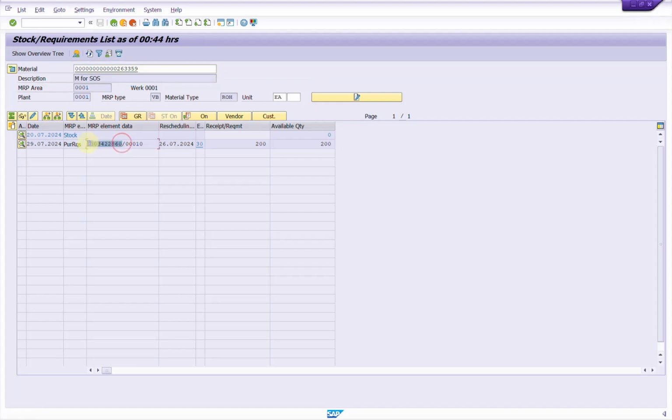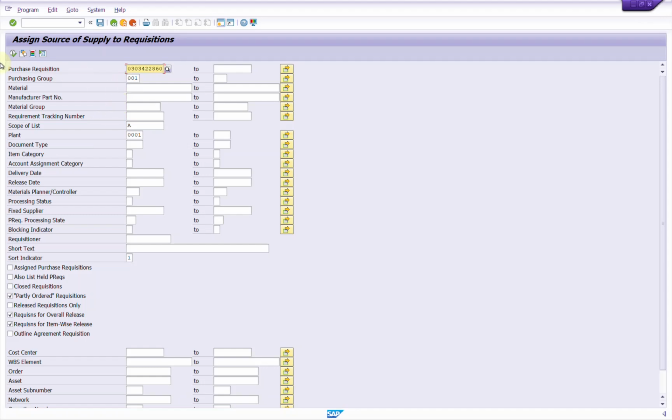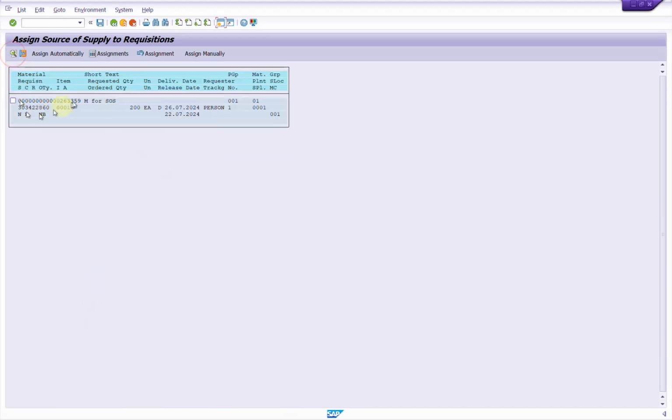Okay, so this is the PR number. Okay, so if I put here and execute, so you will get this screen where you can assign automatically source